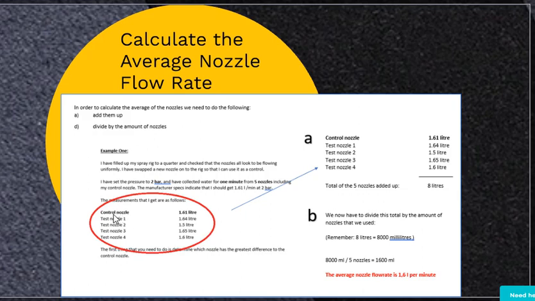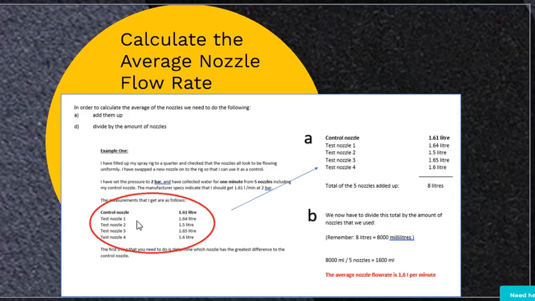Alright, I've set the pressure to 2 bar and have collected water for 1 minute from 5 nozzles, including my control nozzle. The manufacturer specs indicate that I should get 1.61 litres per minute at 2 bar. Right, the measurements that I get are as follows. So you've now measured in each nozzle what you're going to be getting after 1 minute of flow, and this is the outcomes. Right, the first thing you need to do is add up all these nozzles,